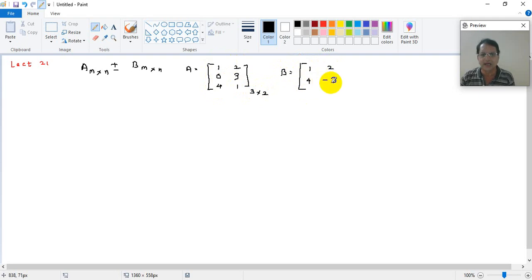3 and 0 1. Now what we can do, if I want to add the two matrices, corresponding elements we have to add. So 1 and 1, see here, if you write down the addresses of each of the elements of this matrix A,